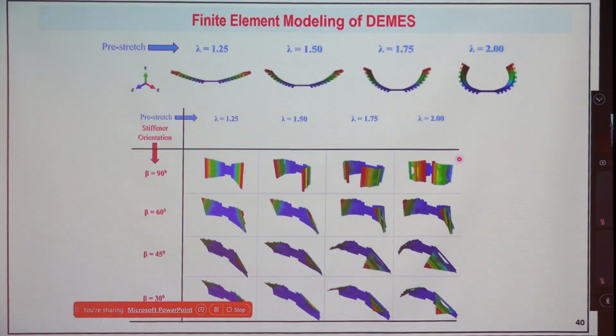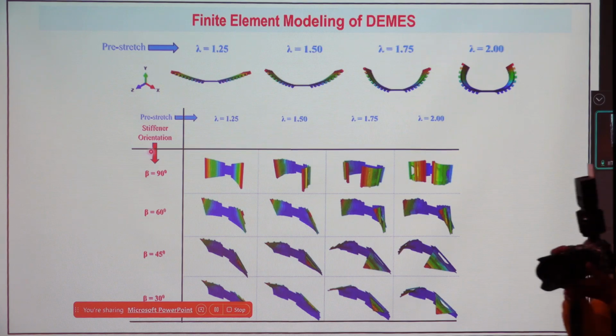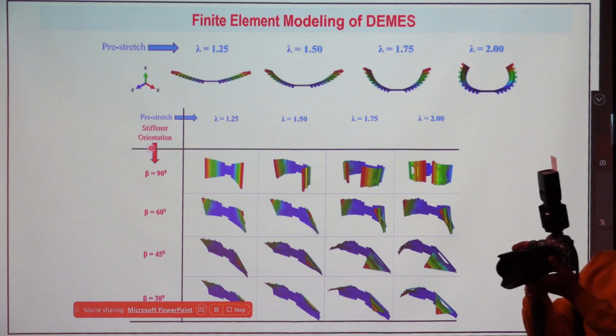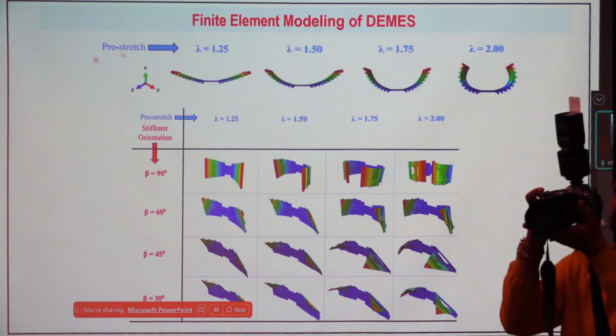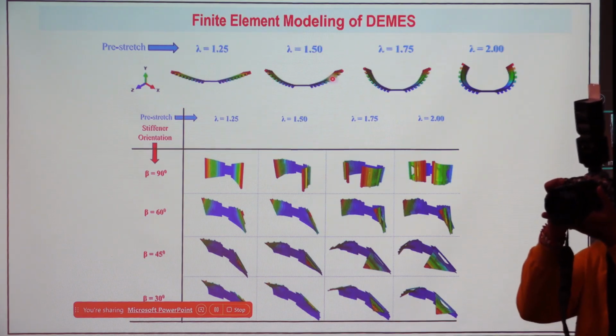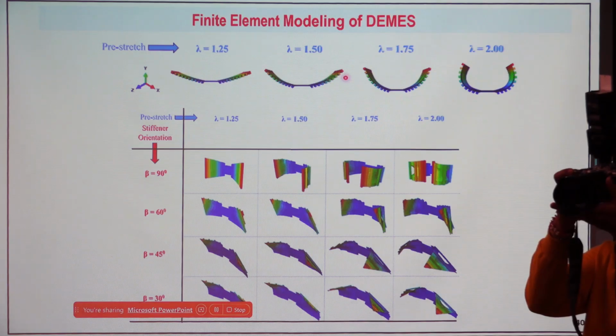Now the important thing is the angle orientation that we have plays a very, very important role. So what are the options? We can have the stiffener at a certain orientation. Any angle we can take, 37.5, 42.5, whatever we want. But we have taken the standard angles, 30, 45, 60, 90 and 0. So 90 is there, 0 is not there. 90 means the stiffener is at right angle to the frame. Okay. So you can clearly observe that when we increase the pre-stretch of the flapping wing, our wings will